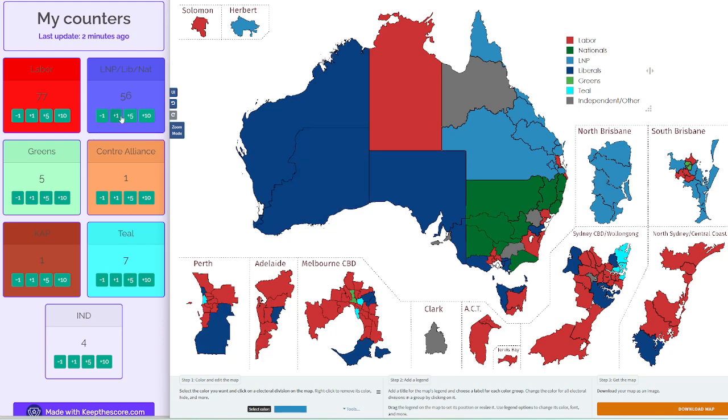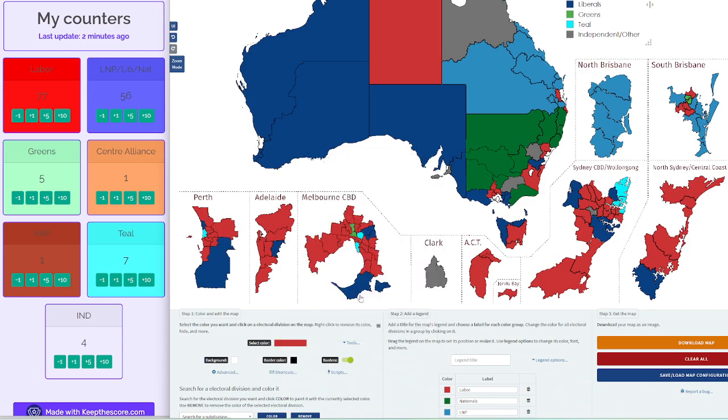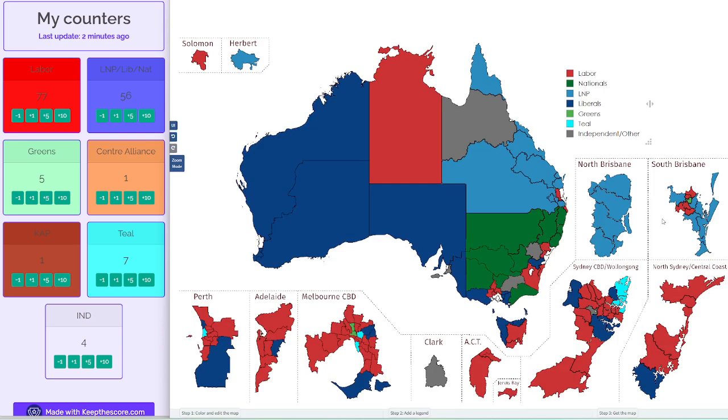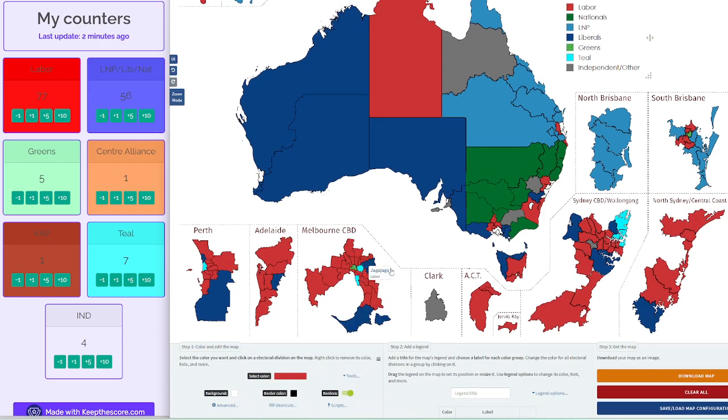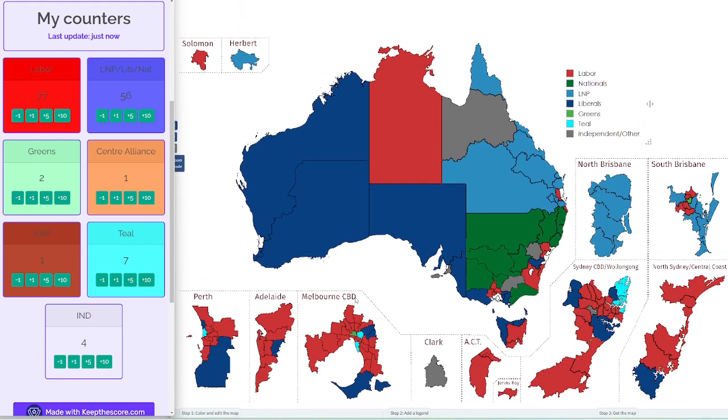So if I just go ahead and provide Brisbane to the Labor Party, this is probably a result we could see in Brisbane. We could see them retain two seats, probably Brisbane and Griffith. We could see them retain all three, Ryan, Griffith, and Brisbane. It just depends. What I would consider the worst case scenario for the Greens is probably that. So a reduction to two seats, which is just Brisbane and Melbourne. Worst case scenario, best case scenario there for the Greens.